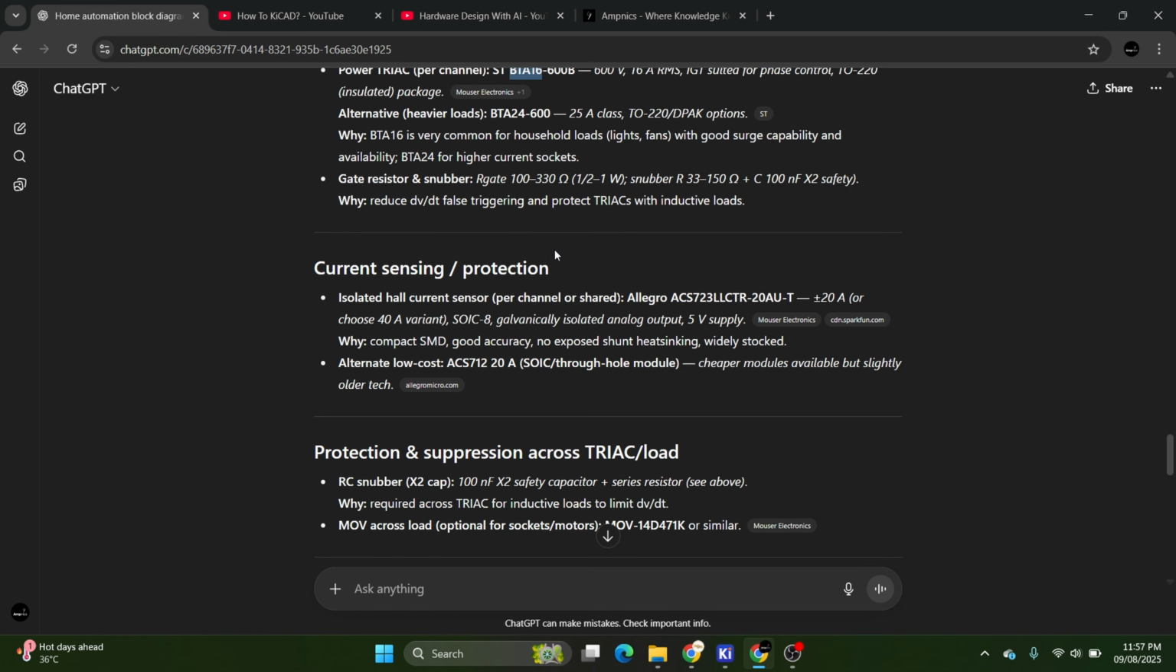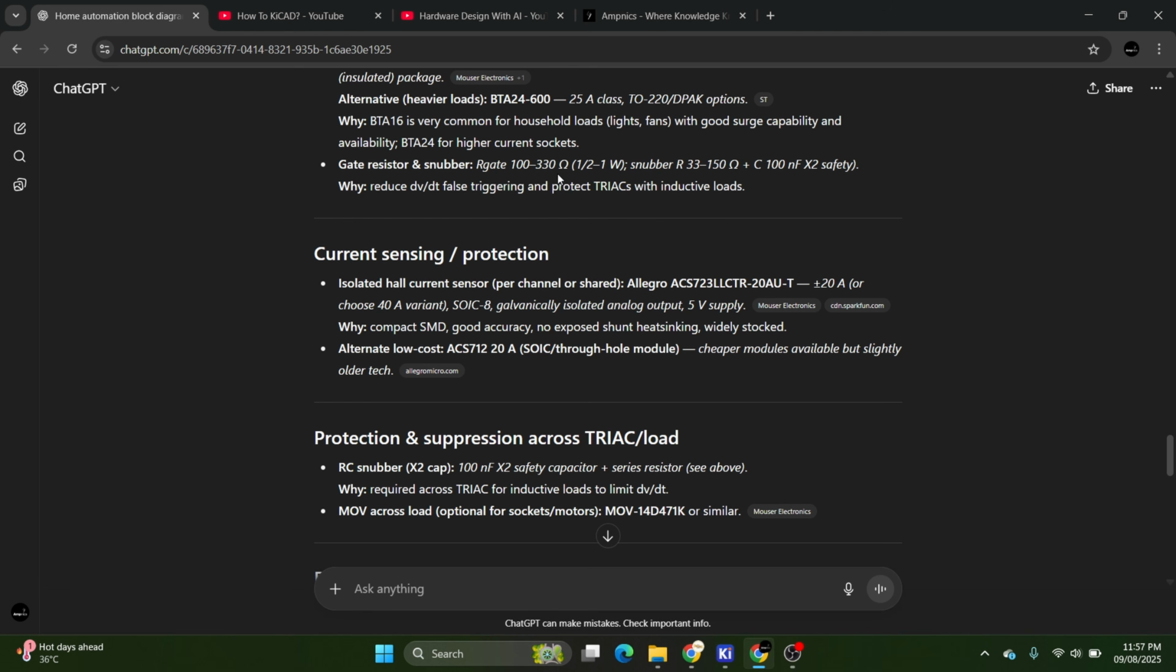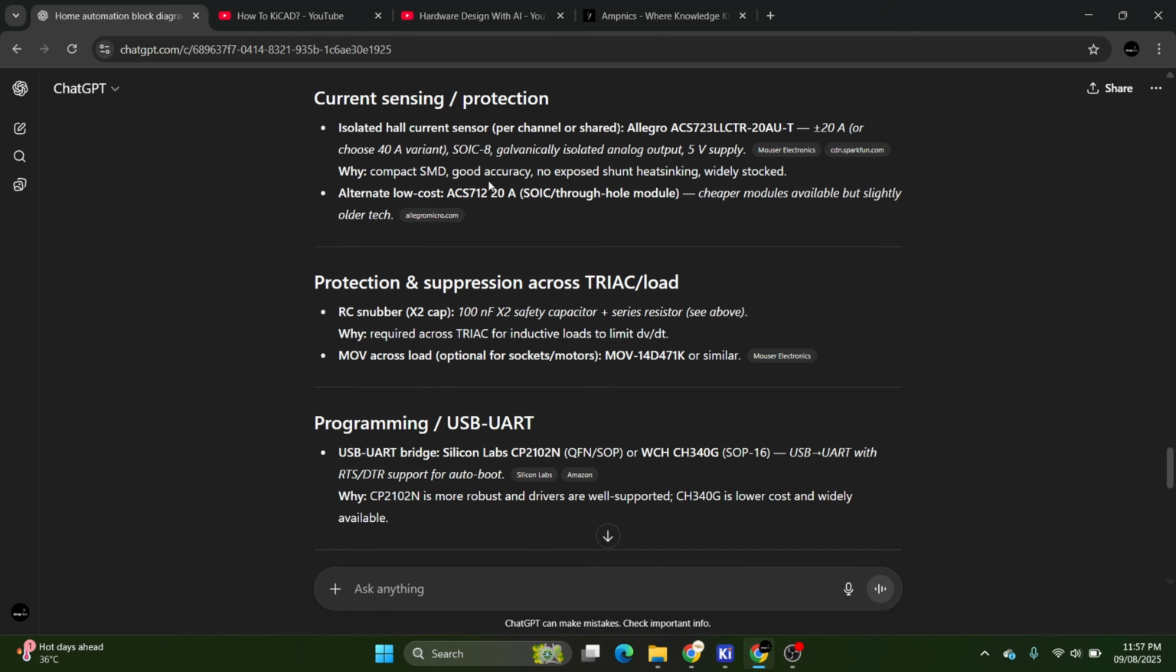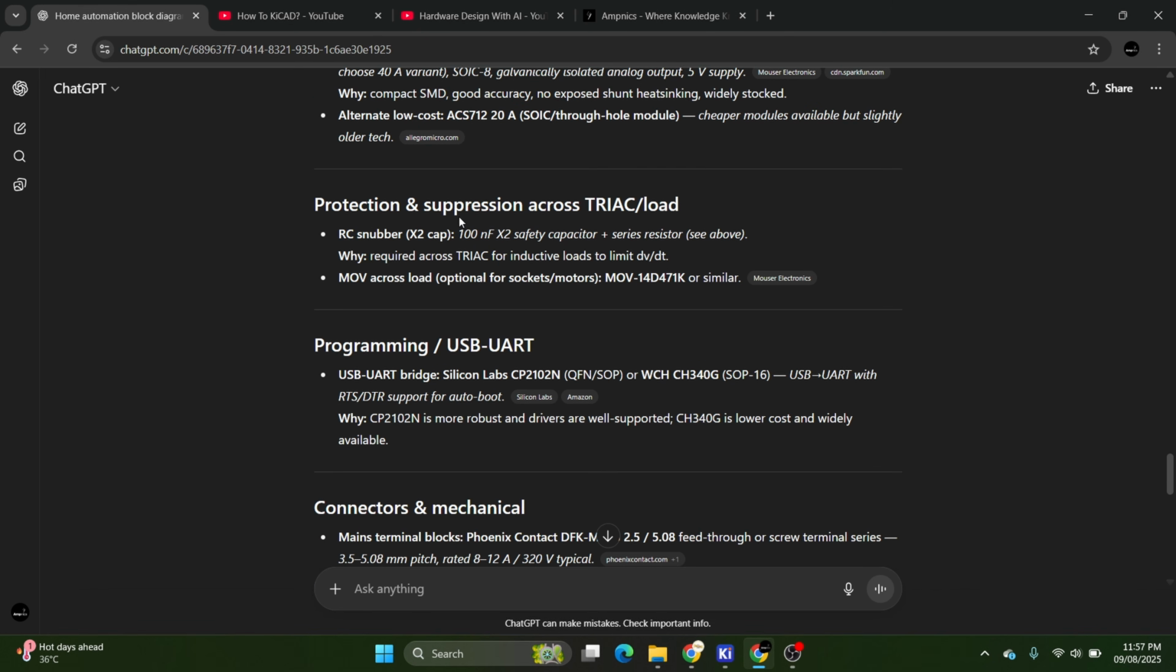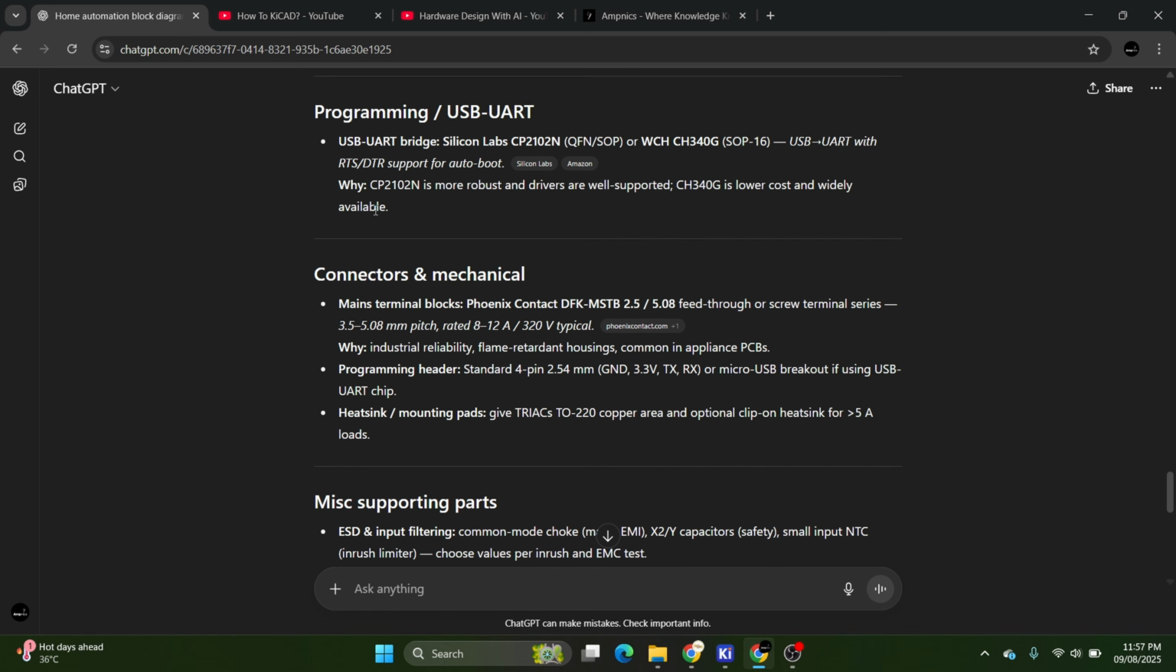Okay, and this is pretty much good to go. Then current sensing, again we are going to put this part here, and protection and suppression, again we are keeping this. For the load also, it uses a protection circuit. Then for programming and USB port, so we can use